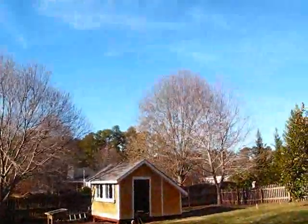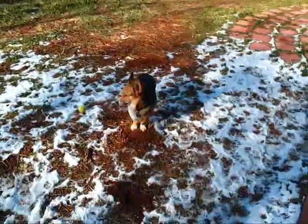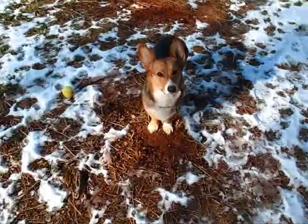It's time for shed tour number 2. So, here's what it looks like so far. It's getting there, it's almost done. Here's Darcy. Hi, Darcy. Woo. Anyway,